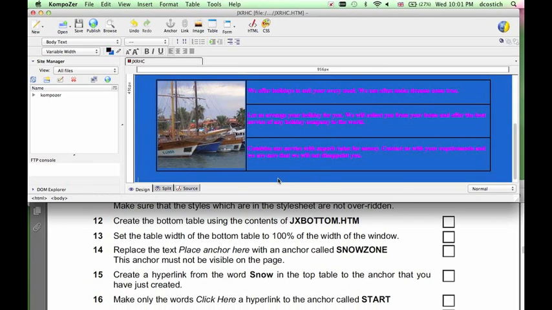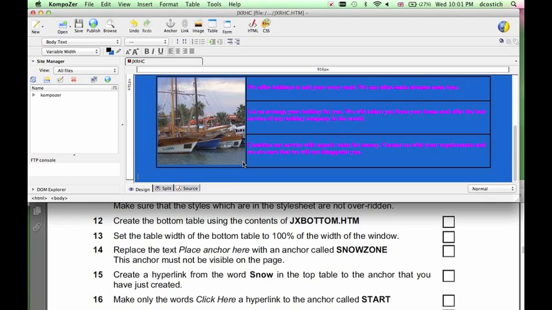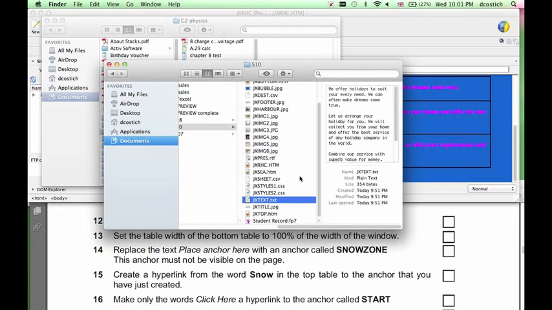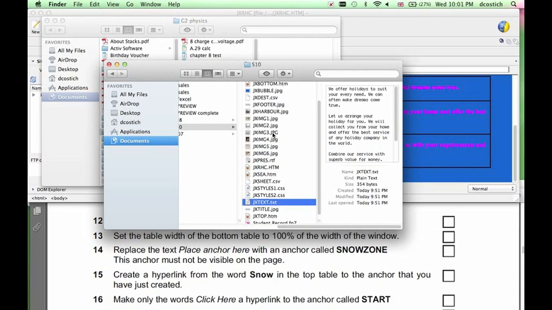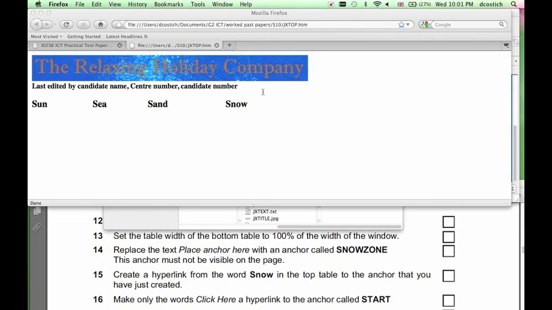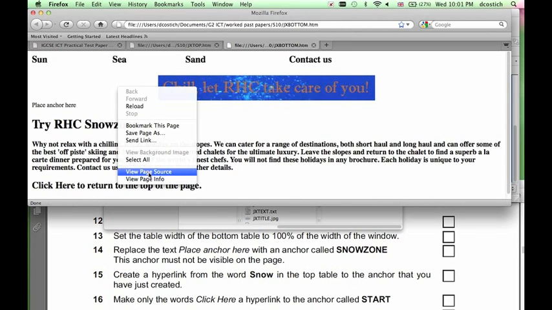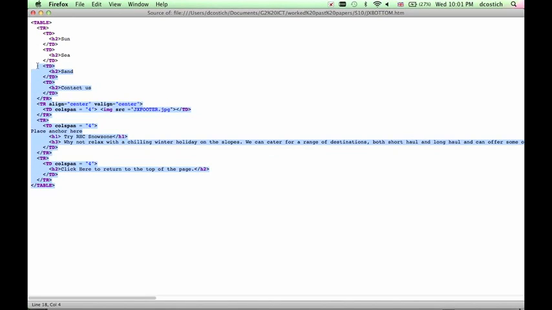And finally, we need a bottom table. This one is similar to the top table. It comes from the contents of another file. So back to Finder. Let's find JX bottom. Open it in Firefox. This is what it should look like. Right click, view page source, copy, Command C,